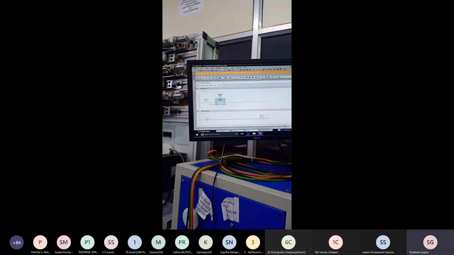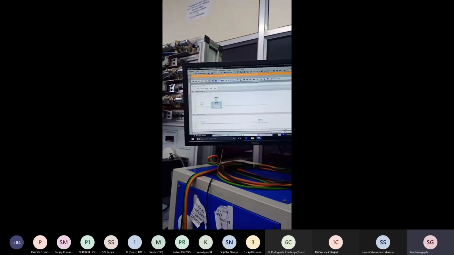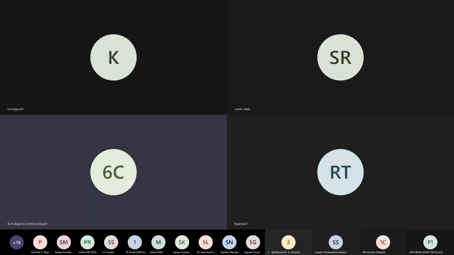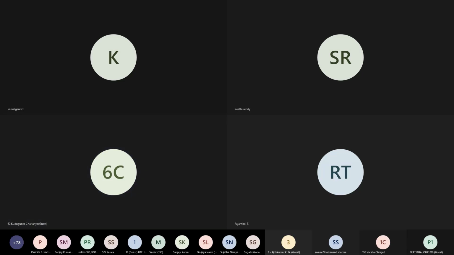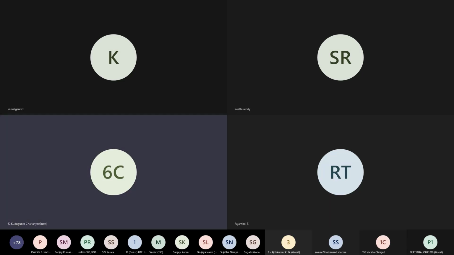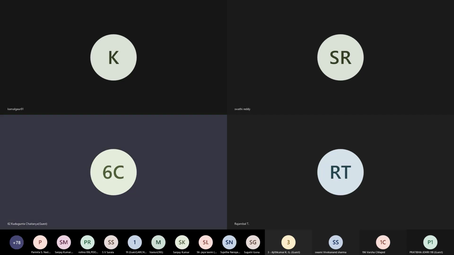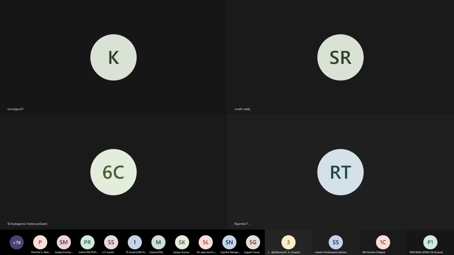Okay, is there any other doubt regarding software or anything else? No, sir. Will we be using the same kind of software or will it vary, sir? We will use the same type of software for programming. We use TIA Portal, STEP 7, for Siemens PLCs only. And for Allen-Bradley PLCs, we use Rockwell and similar software.